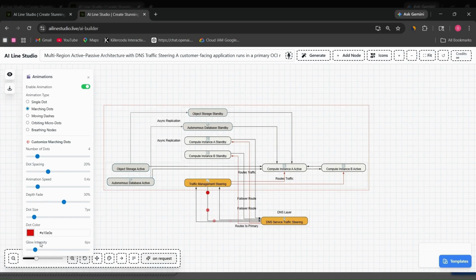So basically, adding a marching dot animation in AI Line Studio helps you to make your diagram more dynamic and easy to understand. So this is